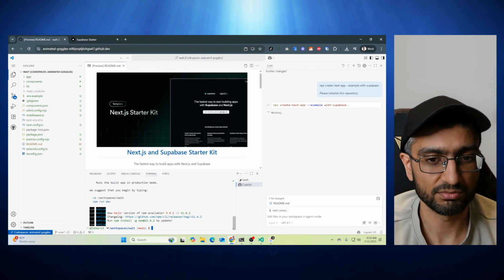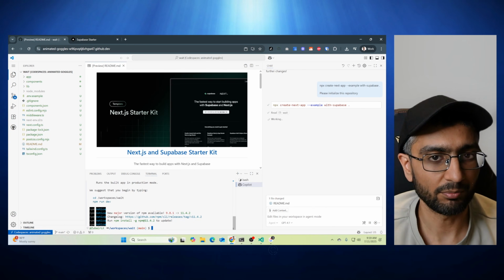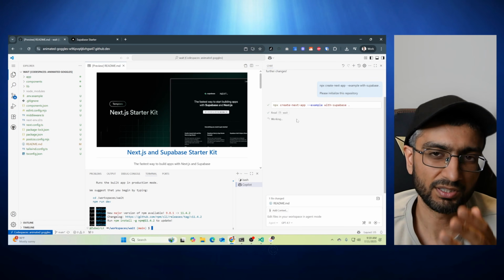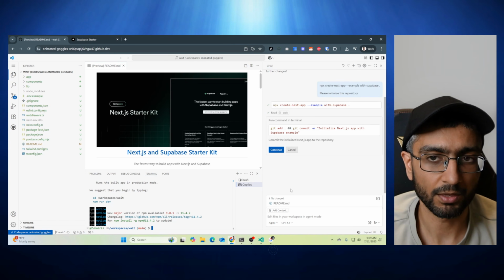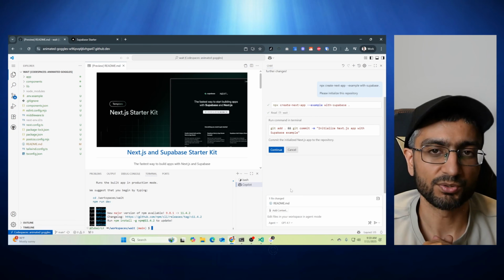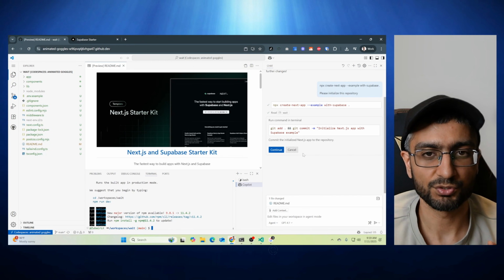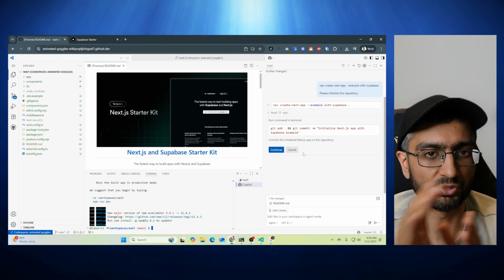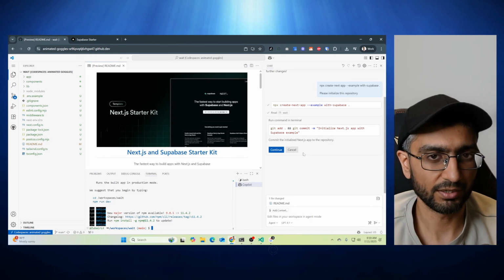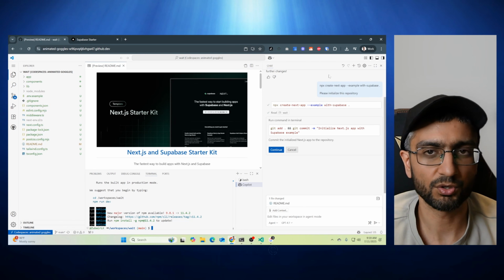After a few seconds, it's all done. The template has been set up, and the agent's still thinking a little bit and realizing, and then it'll be like, yep, I'm done. Okay, interesting. So the next thing it has added is, should I commit this app to the repository? Okay, let me explain what that means. If I open